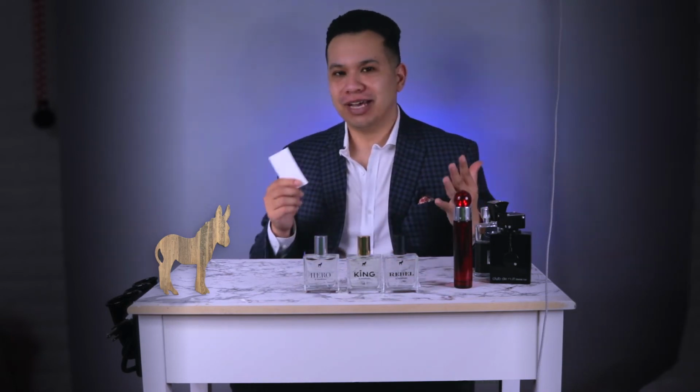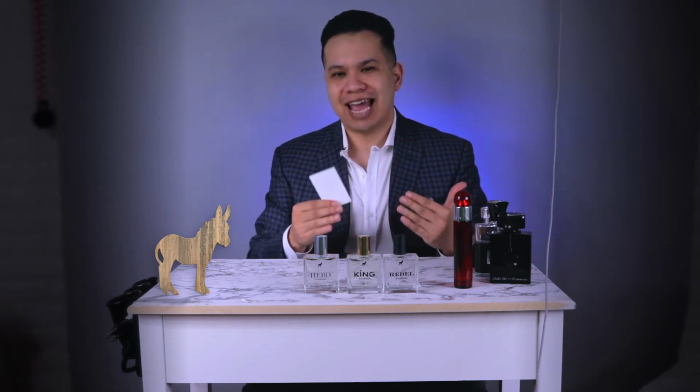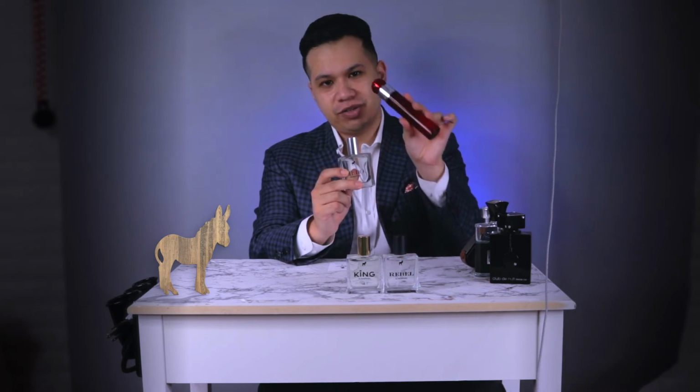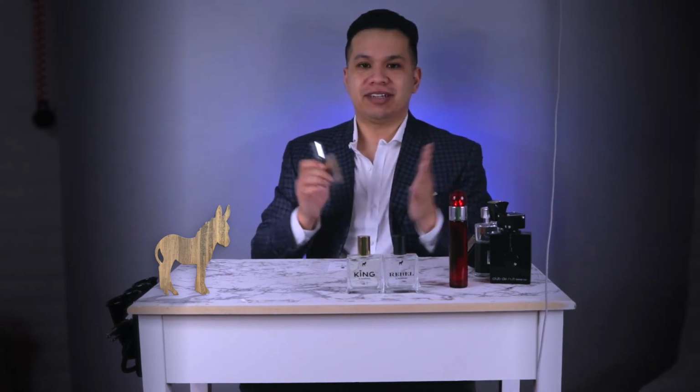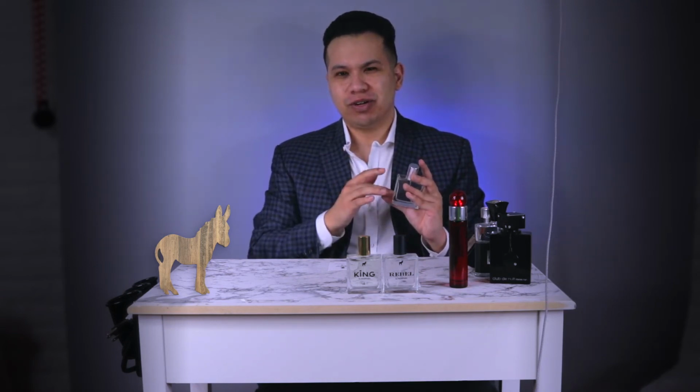I'm getting a little too ahead of myself, but it is a bit more juicy than Aqua di Gio with a tad bit more spice and zest to it. It does remind me of 360 Red by Perry Ellis, but on steroids. Performance and longevity is just beast on this thing. Once again, go easy on the trigger. I also get a good 8 hours plus on this one with slightly less heavy projection compared to King, which is very good for a